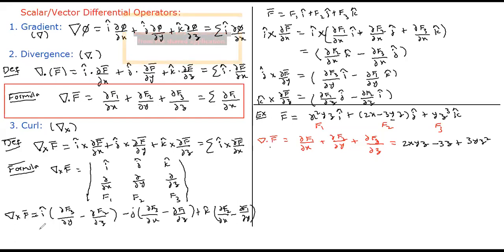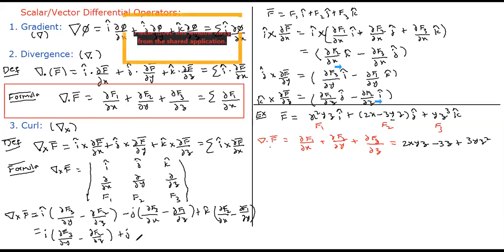Okay. Now you see this simplification is also the same. When you add all these three terms, you take i common. Where is i? i is here as well as here. If I take i common, what do I get from the expression when I am simplifying? dou f3 by dou y minus dou f2 by dou z. We are getting the same expression.